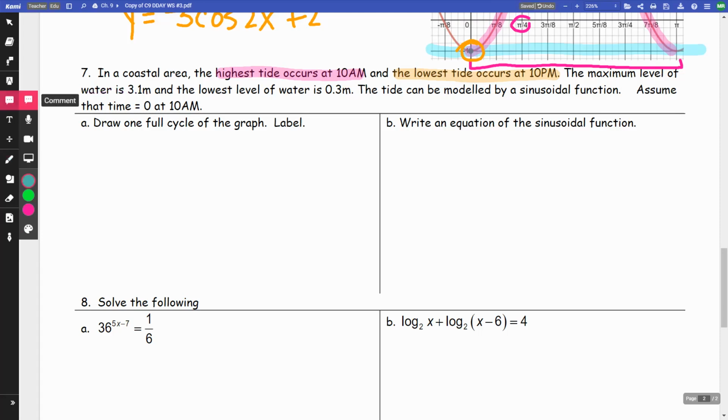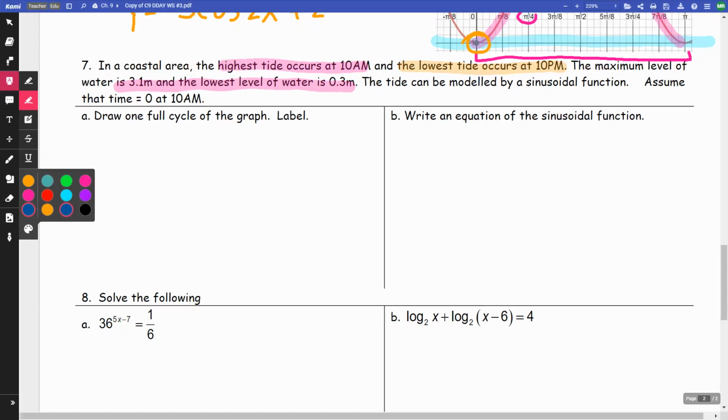Let me grab a highlighter, that would be helpful. So we got 3.1 meters, and the lowest level is 0.3. Assume that the time t equals 0 is at 10 a.m. So in this situation, we're going to have